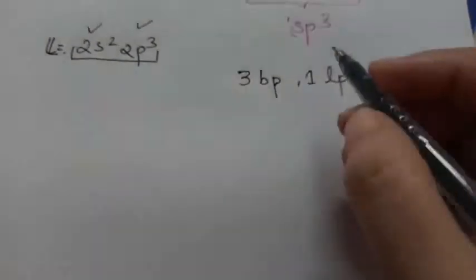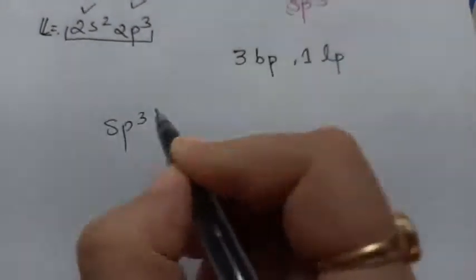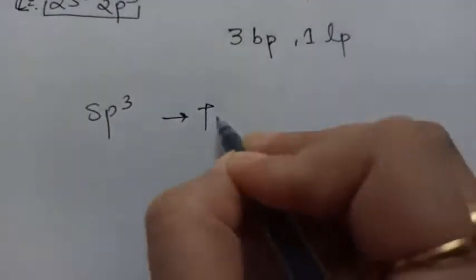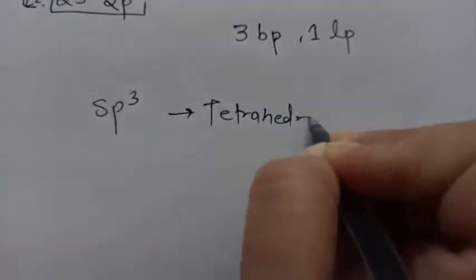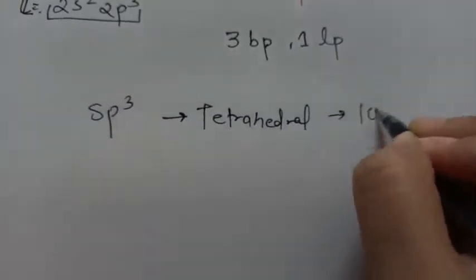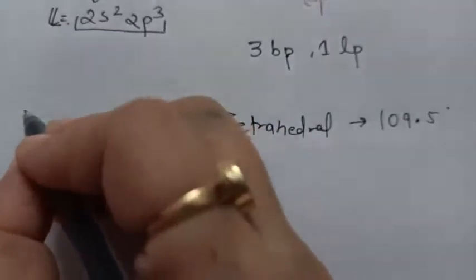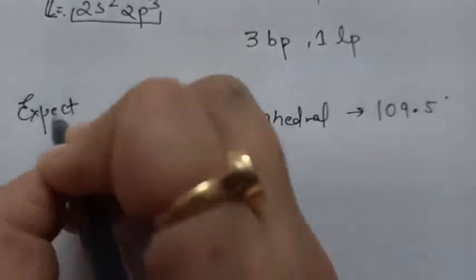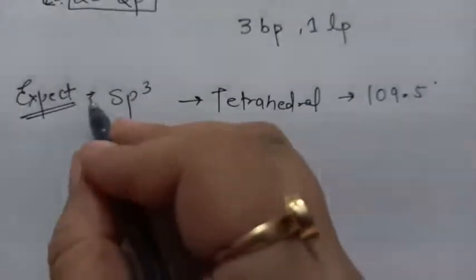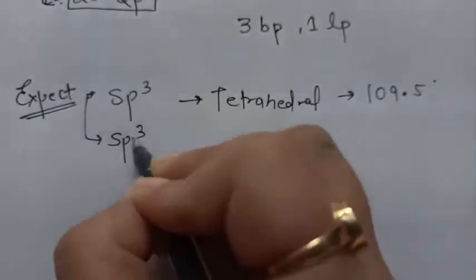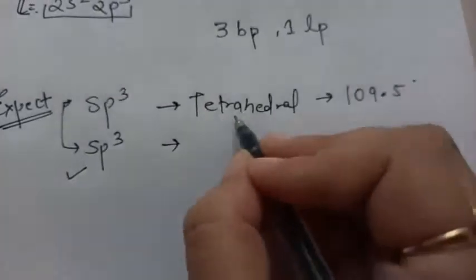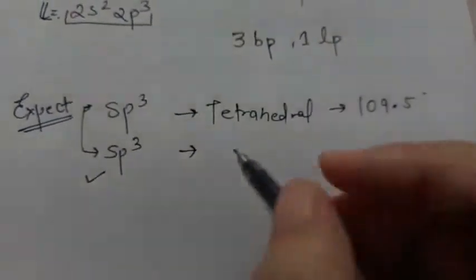Now you see, as you said, again the hybridization is sp3, and as explained in the previous video, in the previous example, sorry, that is methane, if the hybridization is sp3, geometry should be tetrahedral and bond angle should be 109.5 degrees. This is the expectation, this is what you expect. But in reality, the hybridization of ammonia is sp3, correct? But the geometry and bond angle are not the same. I will tell why and how.